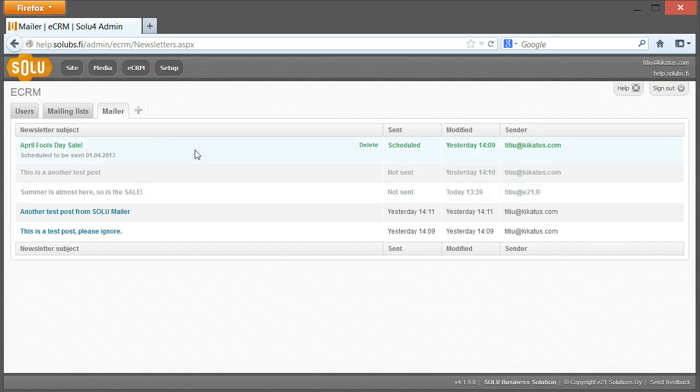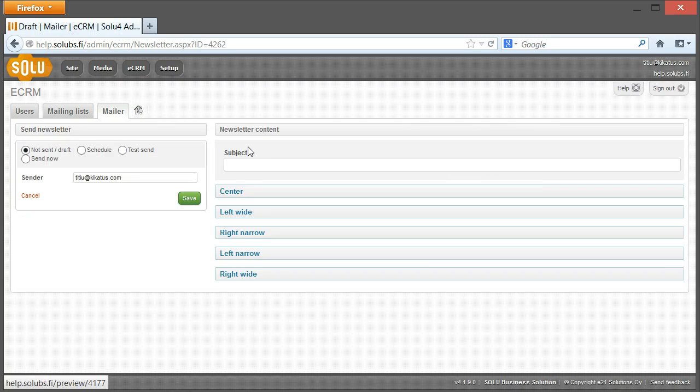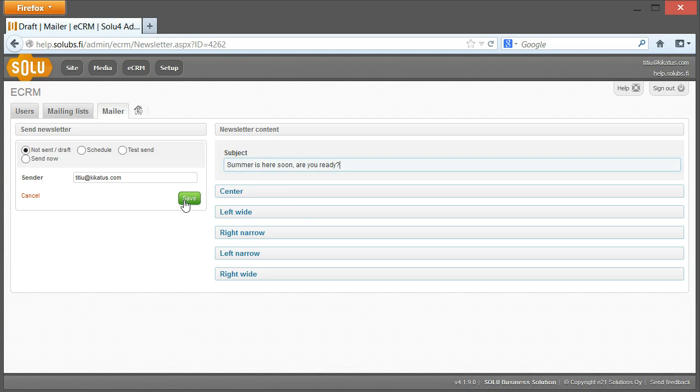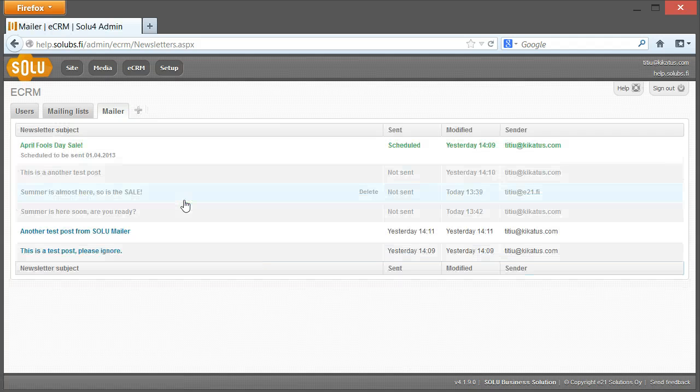Let's create a newsletter. We start by clicking the plus sign here next to the tabs. And once the newsletter template has loaded, we'll give it a name. I'm going to call this Summaries Here, Are You Ready? And then press Save. Now we have a draft for our newsletter, and we can start filling it up with